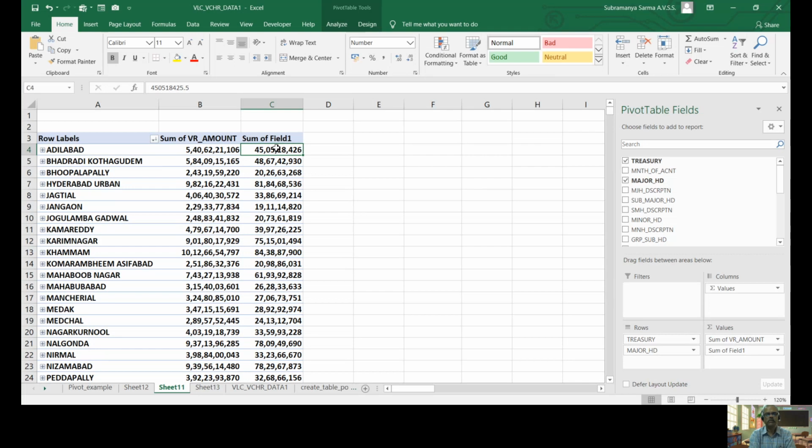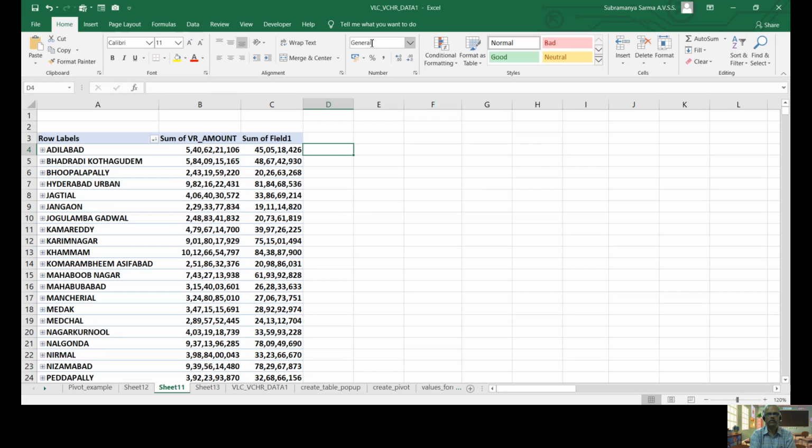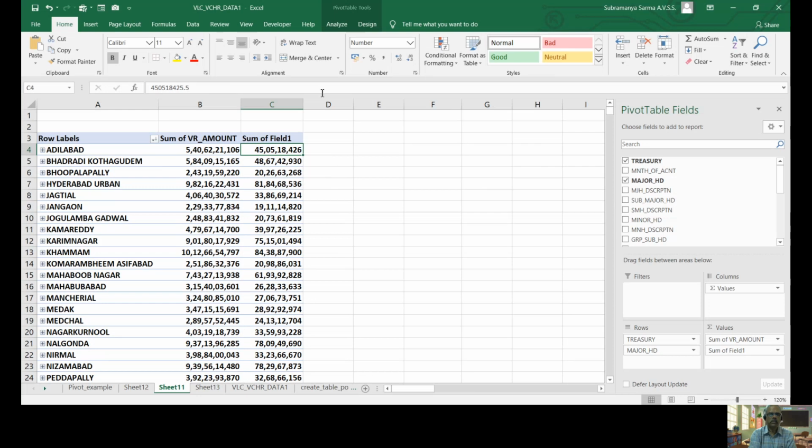How do we know whether it is part of our pivot table or not? If the focus is on this cell, the menus are added and the pivot fields are also visible. If you click in D, the menu disappears and the pivot fields also disappear. So now it is sure that this field is also part of our pivot table.